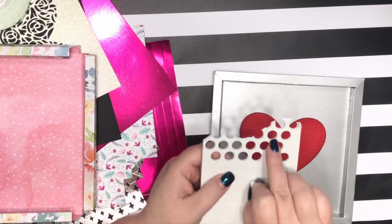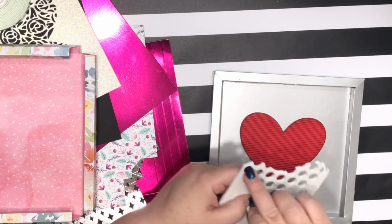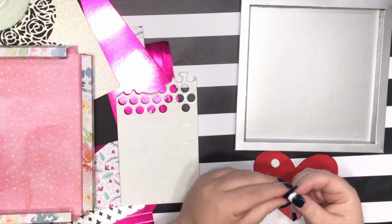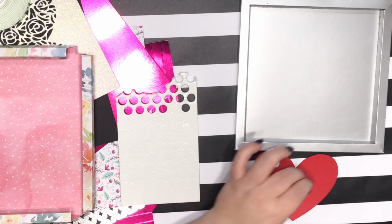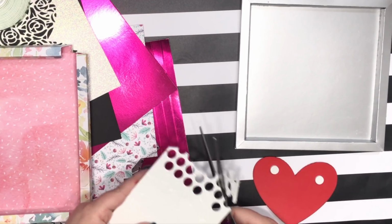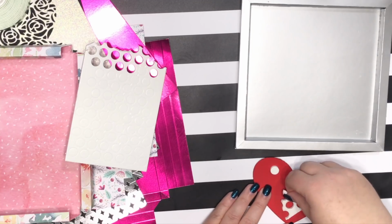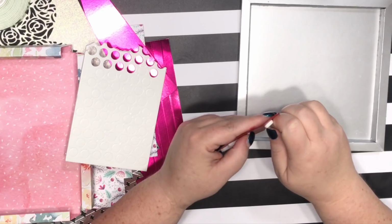I also, if you notice here, I've cut this off. I also use this part. This never goes to waste. You peel off the little paper, and I'll show you how I use that so I don't waste any of this. I just take some old scissors and cut it. It's really easy to cut. You can cut to any size you want. Take the backing off, and there, you got it. It'll stick. So I'm just going to take the paper off